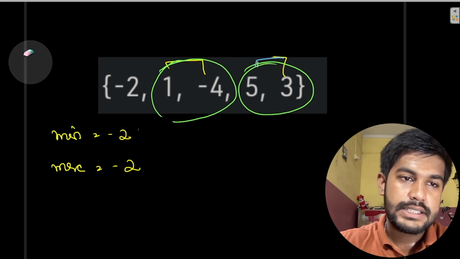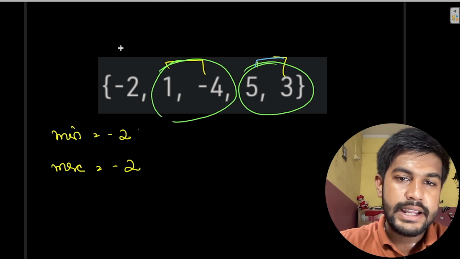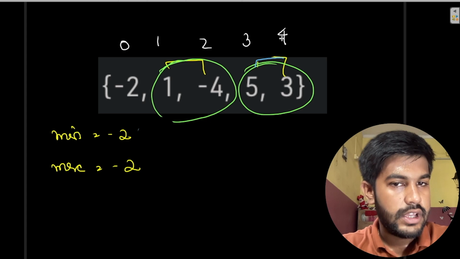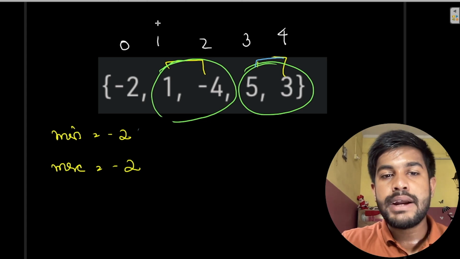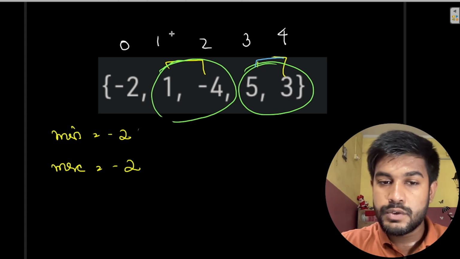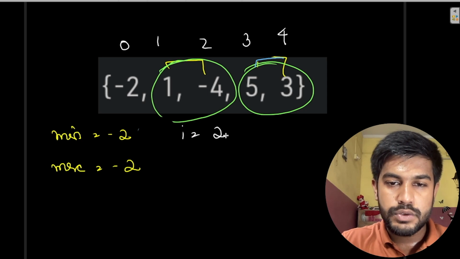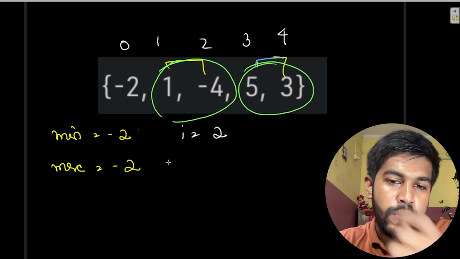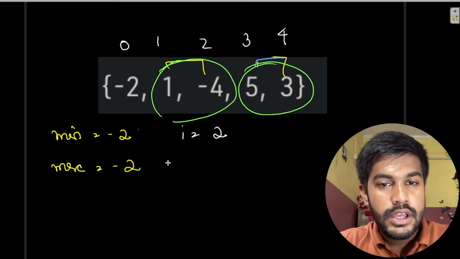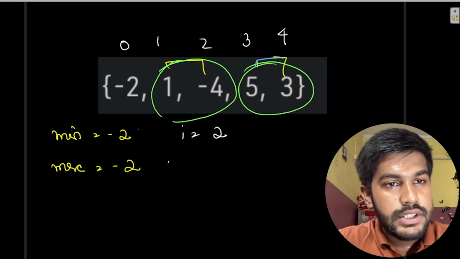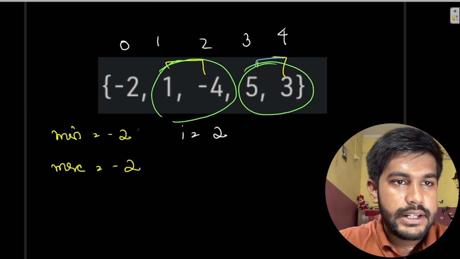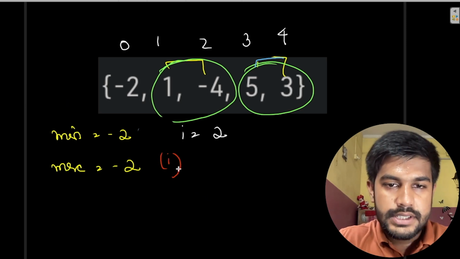So let's see this. Okay, this is index 0, this is index 1, this is index 2, this is index 3, and this is index 4. So what we would do is we would come at this index i is equal to 1. So when i is equal to 1, there are two scenarios. Either the first element would be small, or the second element would be small. Okay, so let's take the first scenario. Okay, let me write it in red. The first scenario is